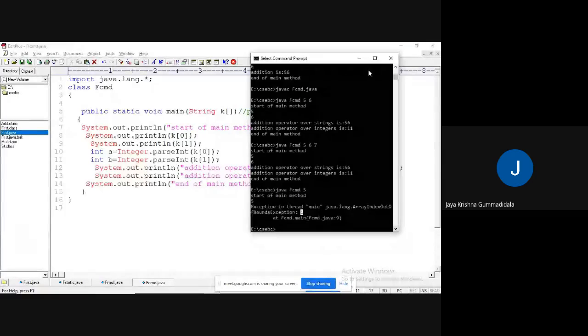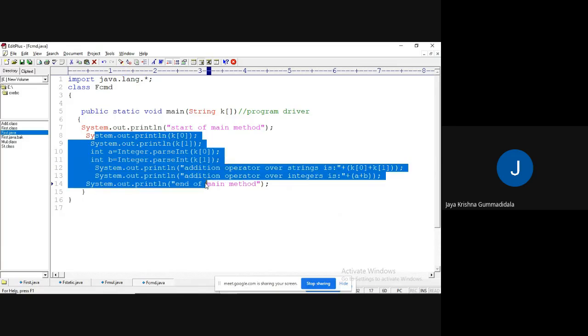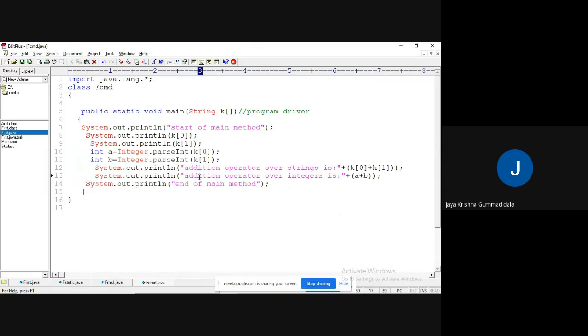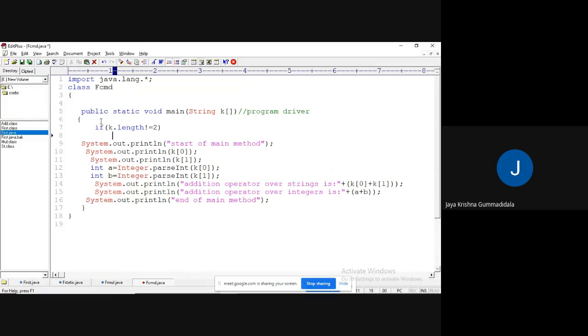So to handle this, what is your requirement in your program? You require two parameters. So before executing this program, you have to check how many parameters the user has given. If the user has given two parameters, then proceed. And if the user didn't give two parameters,